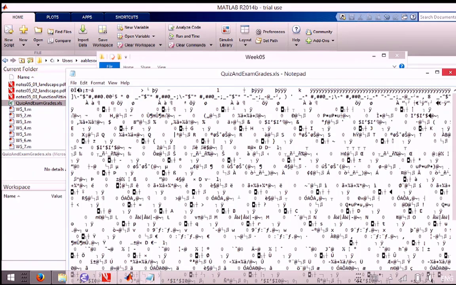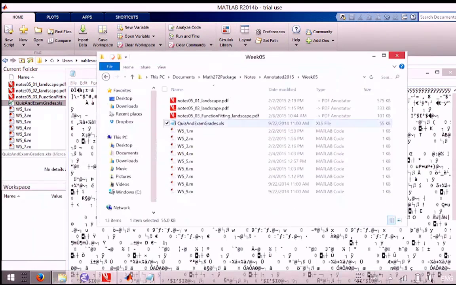That would be a binary file. In other words, it's not meant to be readable by a human being. It's represented in some complex way that Microsoft came up with for Excel files back in the day. And basically, you can't read it unless you've got Excel. I'll contrast that with